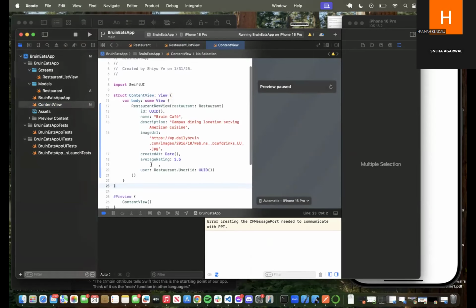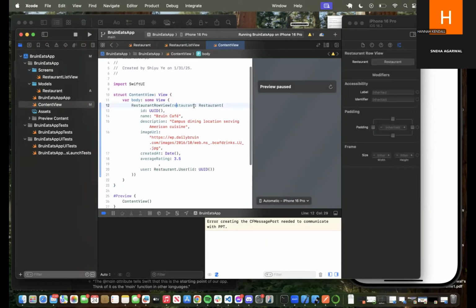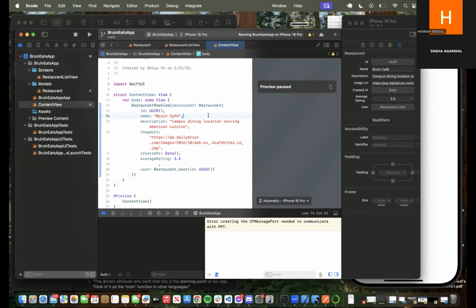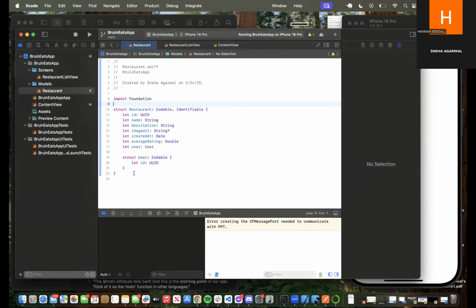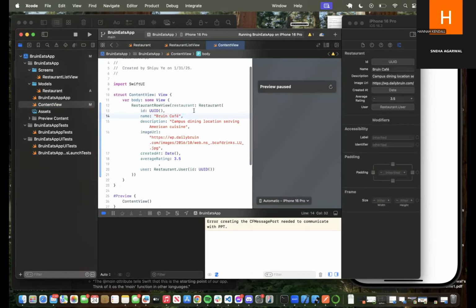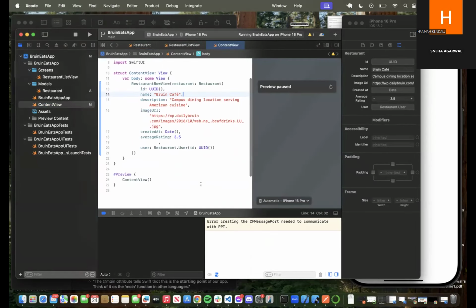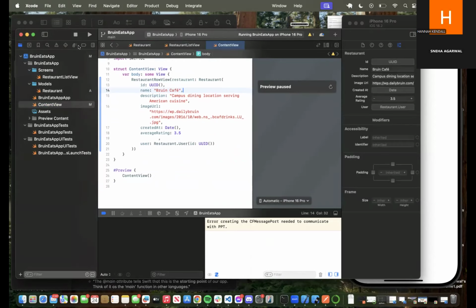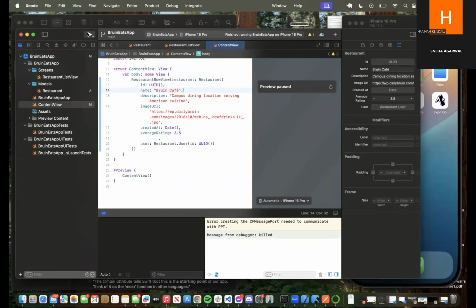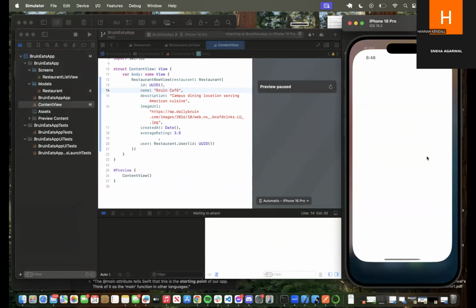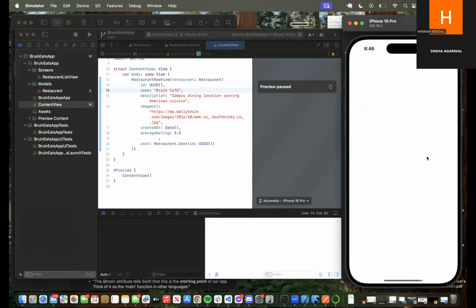But basically, in my view, I just changed it from hello world to calling our restaurant row view and then passing in this restaurant object, which I've defined with the model that we created before, and just filled it in with some basic boilerplate data for us to be able to see. So if I stop running and then run it again, as we can see, our first row view